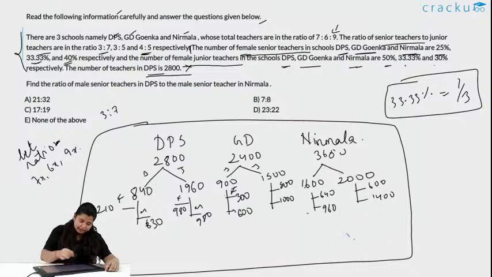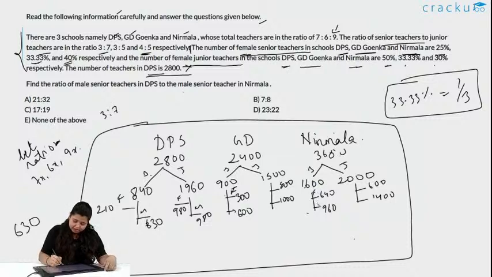Okay, this is the final data we got. Now, let us solve the question. What is it saying? It is saying find the ratio of male senior teacher in DPS to the male senior teacher in Nirmala. DPS senior teacher male, it is this. Again male senior teacher in Nirmala, Nirmala senior teacher male,